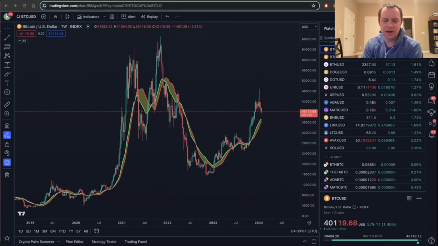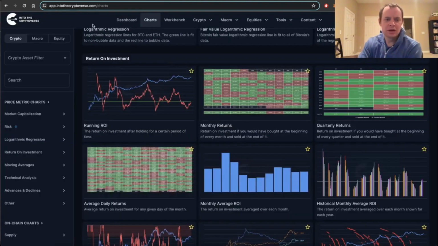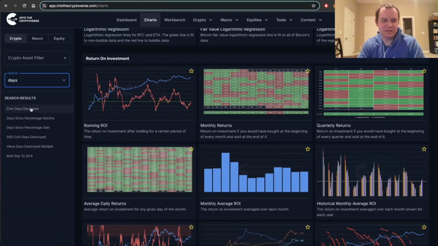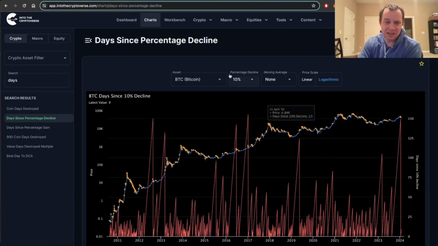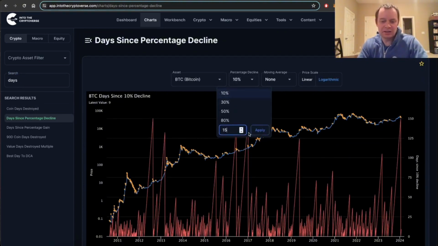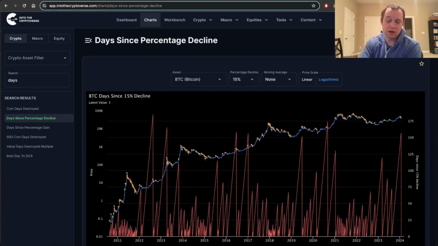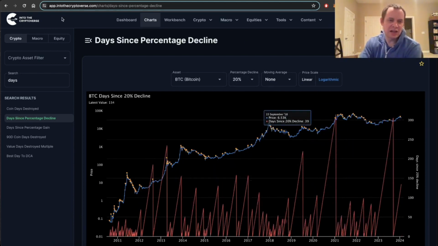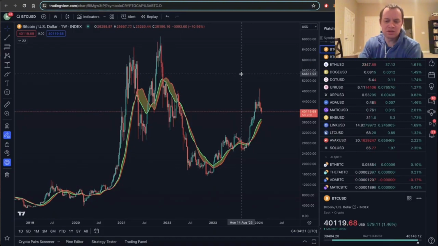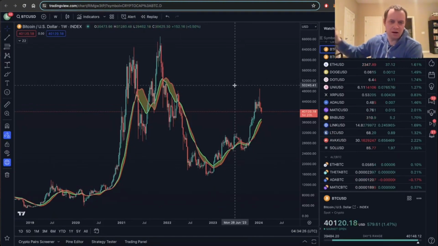So Bitcoin has had a decent correction here over the last few days. And if you guys remember that chart I showed you previously, days since a certain percentage decline, we've now had that 10% decline. We've also had a 15% decline, coming up on a potential 20% decline soon, although the 20% drop hasn't happened just yet, at least not measured from daily closes. But what I want to talk about in this video is the extension from the 20-week SMA,